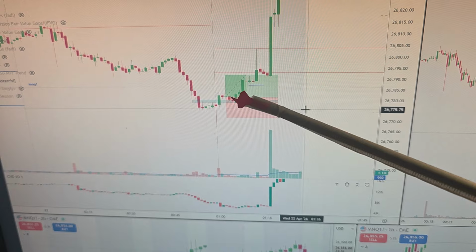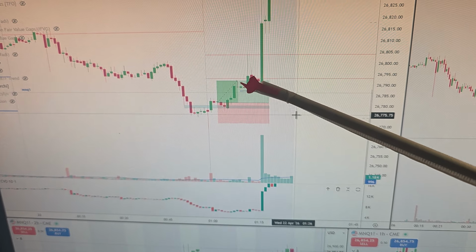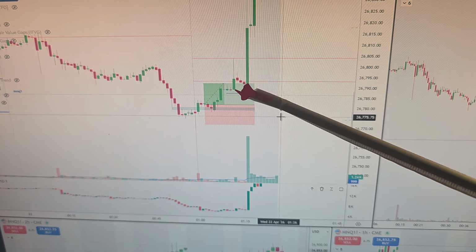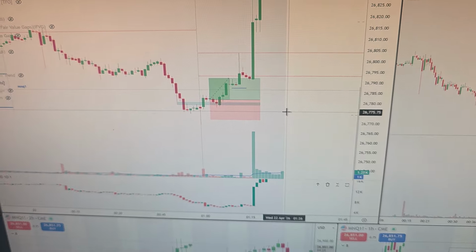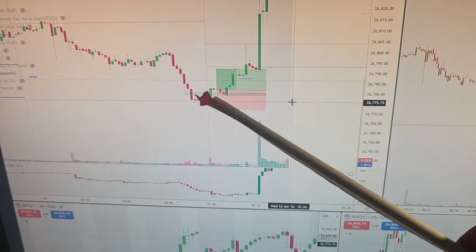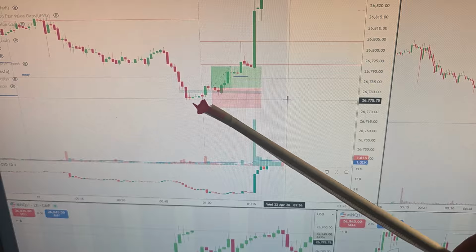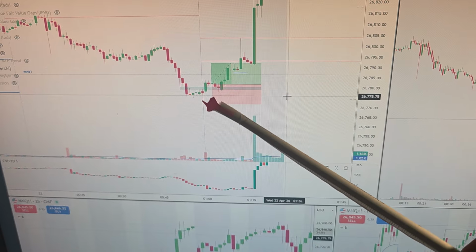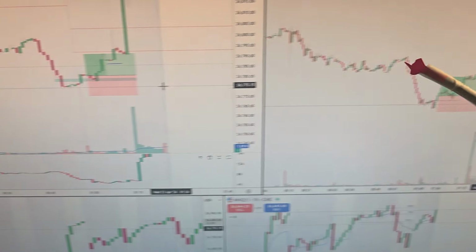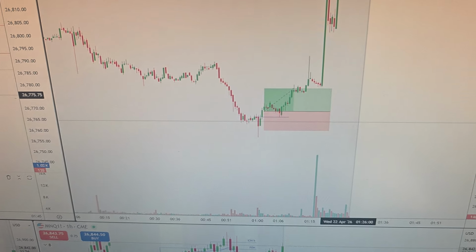It initially went a little bit like this, and then when it got to here, I was watching, and then it went sideways a little bit, and then it popped. So the long and short of it is that this is an A+ entry model with a nice sweep, nice wick, and inversion of the fair value gap. And on the 30-second, we had a CISD